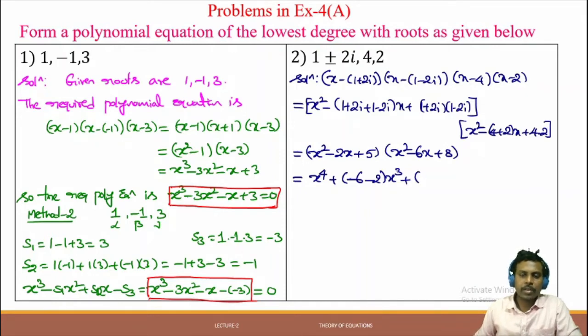Now let us find out the coefficient of x square. This x square has to get multiplied with 8. Okay. So now we are tracking out the x square coefficient. This is 8. Okay. Now this x coefficient must multiply with this x coefficient. Minus 2 into minus 6, that is 12 here. And next one is 5 gets multiplied with this x square. So this is equal to 5. Okay, this is x square.